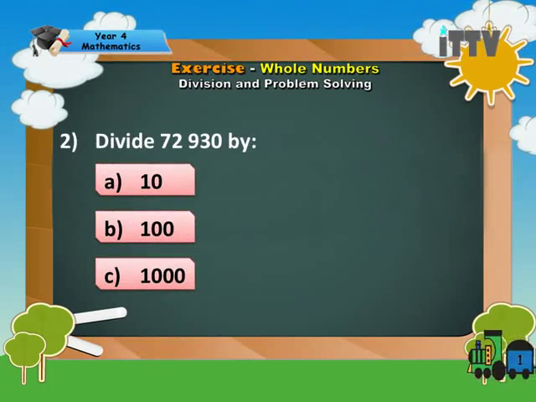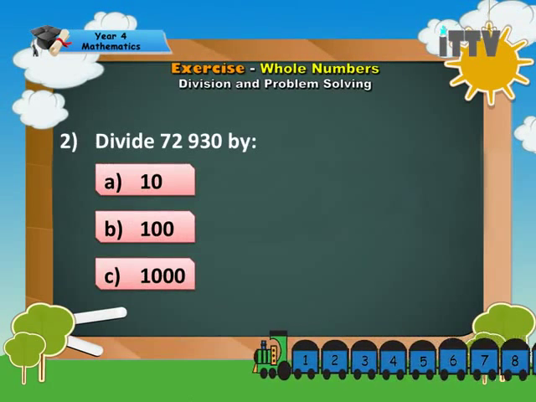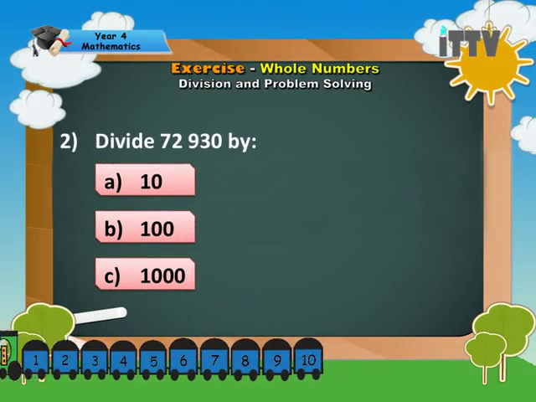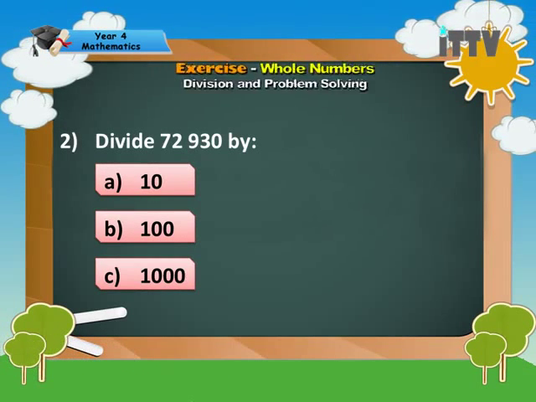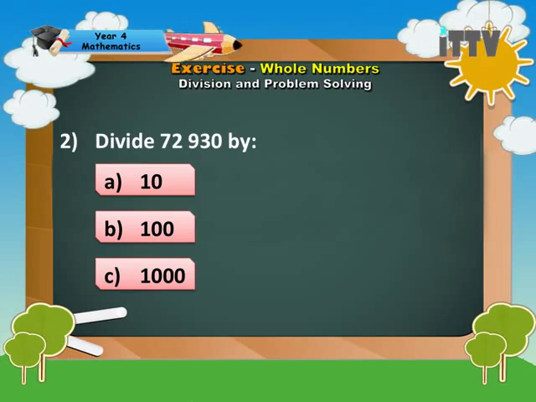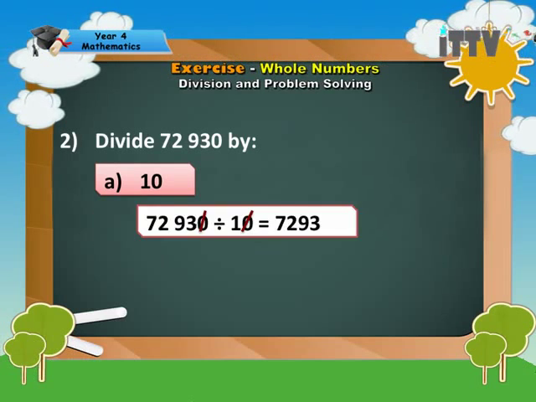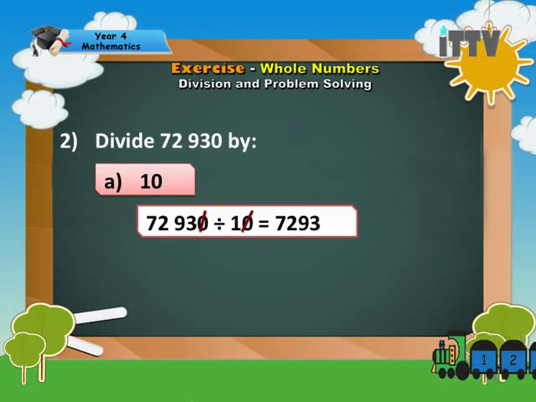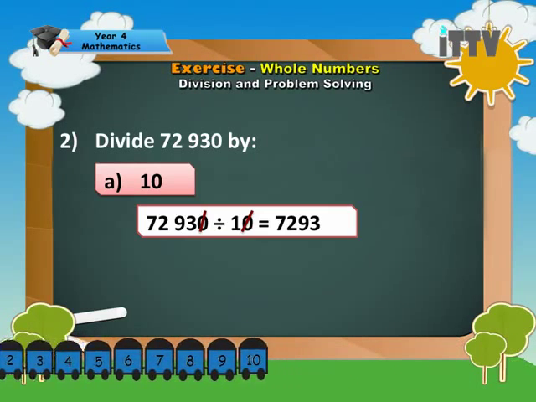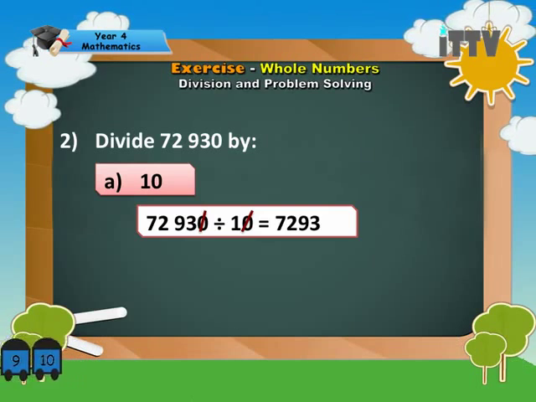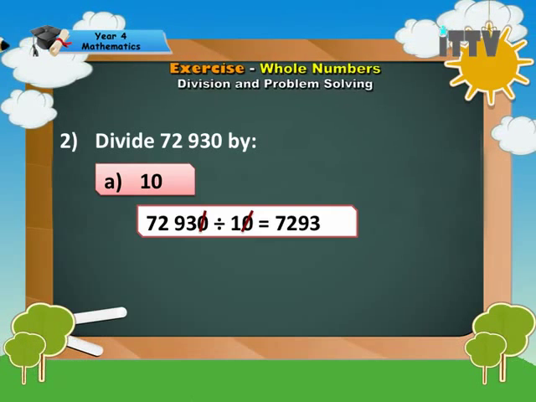What about question 2? Divide 72,930 by A, 10, B, 100 and C, 1,000. Okay, let's do it one by one. For A, you see that we have the same number of zeros on the dividend and the divisor, so we can just cancel it off. So that will give you the answer